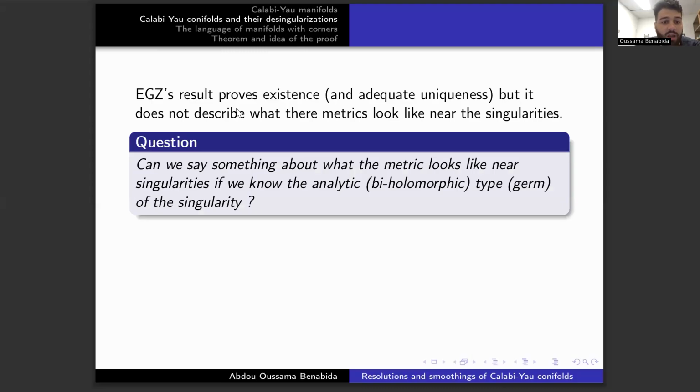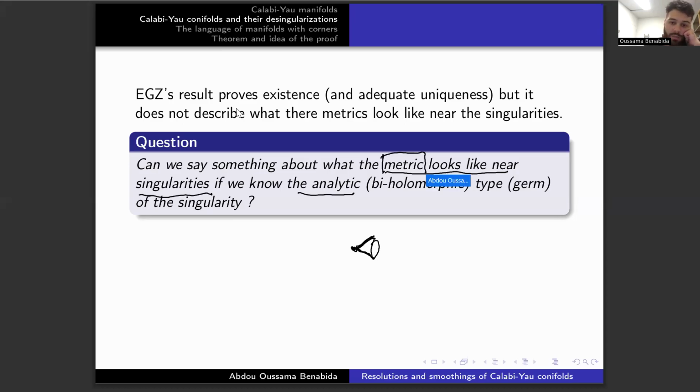So a question that has been asked since the proof of that result is: can we say something about what the metric looks like near the singularities if we know the analytic type of the singularity? So if we suppose that we know the germ near the singularity, so this is complex information, can we say something about what the metric